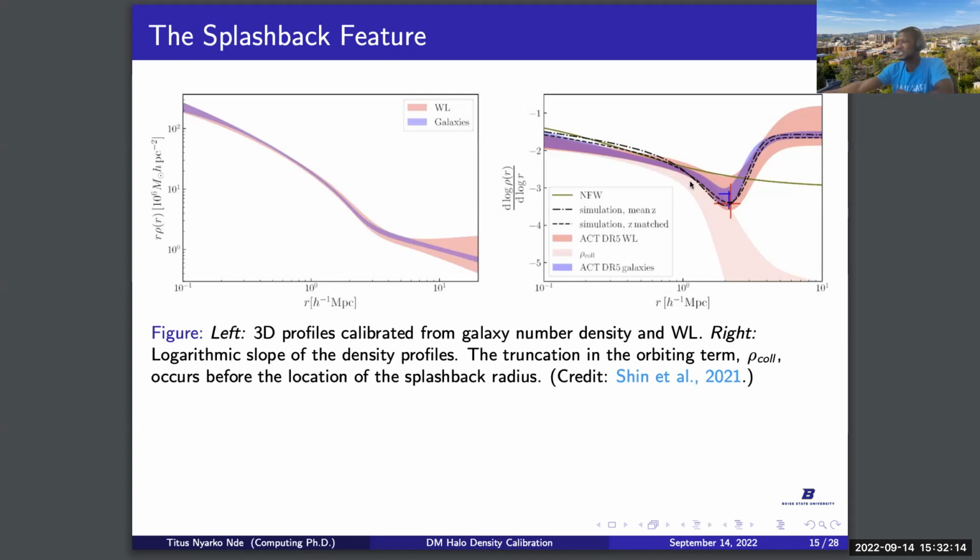But we can see this feature much more clearly when we check the slope of the density profiles. Okay, so this is the region we are talking about, and the mass distribution in this region is so poorly understood that it becomes difficult to calibrate it. And now this line is the NFW profile. And we realize that for the inner region, NFW is doing pretty well, but from that point onwards, within the splashback region and in the outer region, NFW just poorly calibrates the density profile. So this is actually a figure from one of the papers.